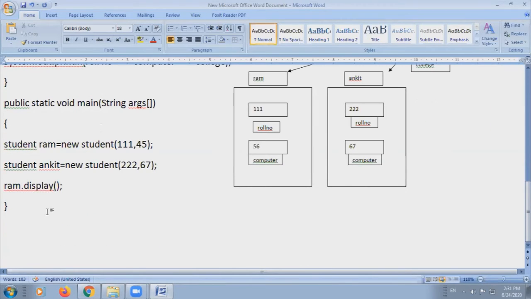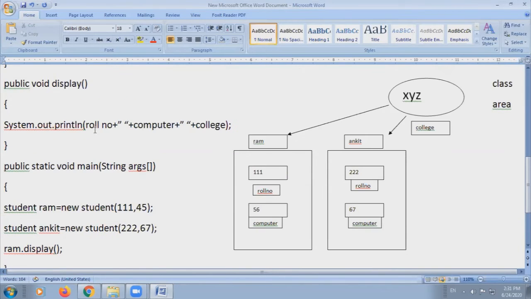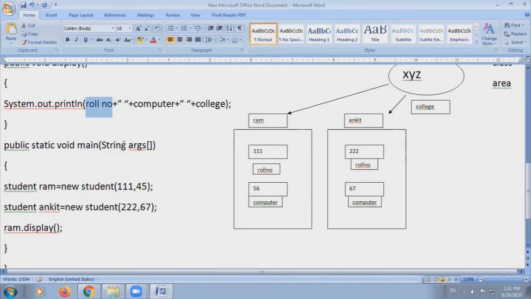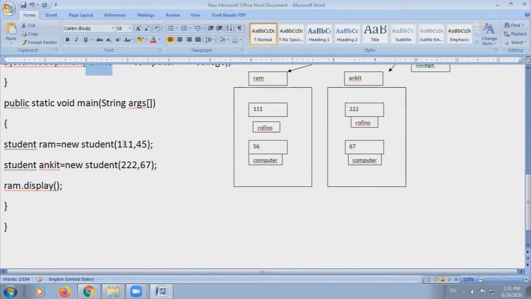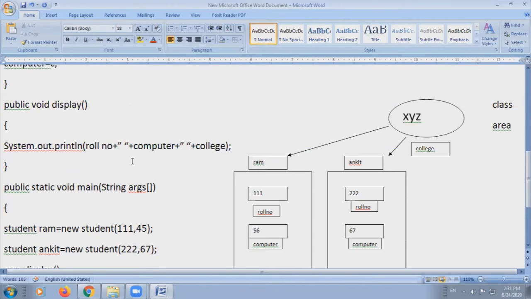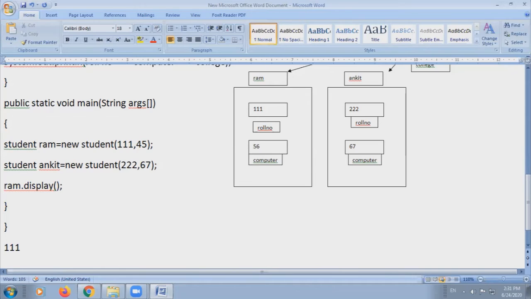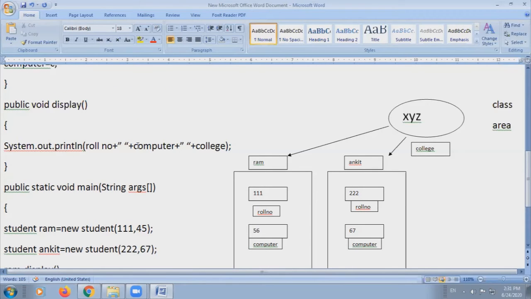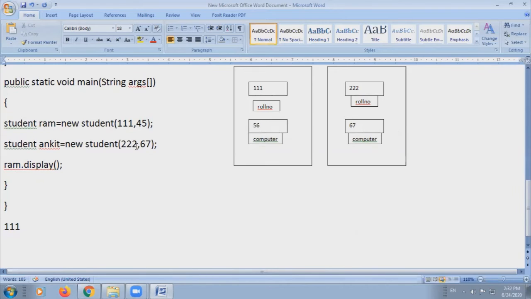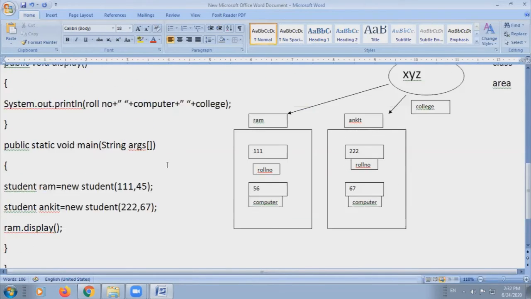It will display the value of roll number of which object? Ram object. So it will display 111. Then a little bit of space will be printed. Then it will display the marks of computer of which object? Ram object.